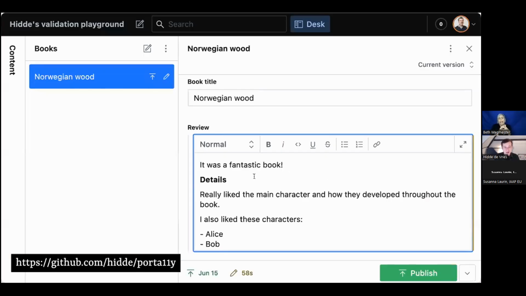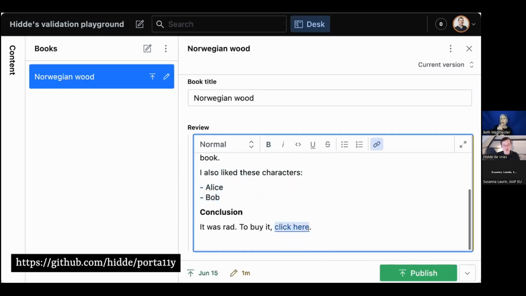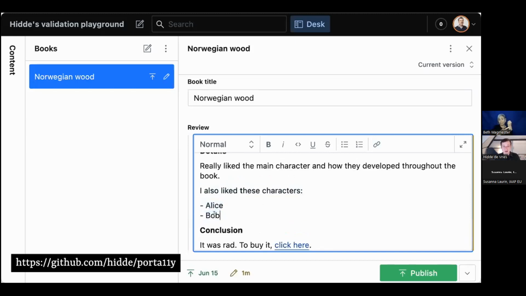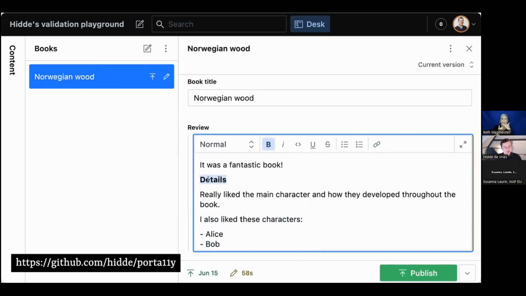So a couple more examples. You could have a heading that's basically bold text and give a warning about that. Or here's a list that is just words that start with a dash. Or you could have a link that is called click here. These are all things that you could find if you have the content available as JSON in your JavaScript. Then you can look for these sorts of things and get error messages in, and then turn your CMS into an error reporter, basically.